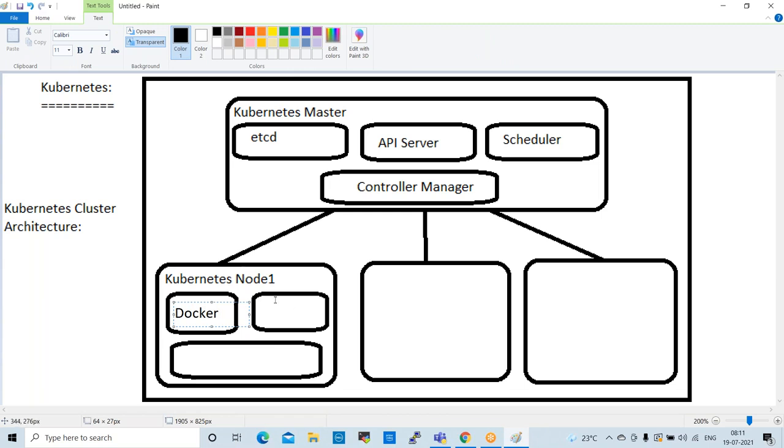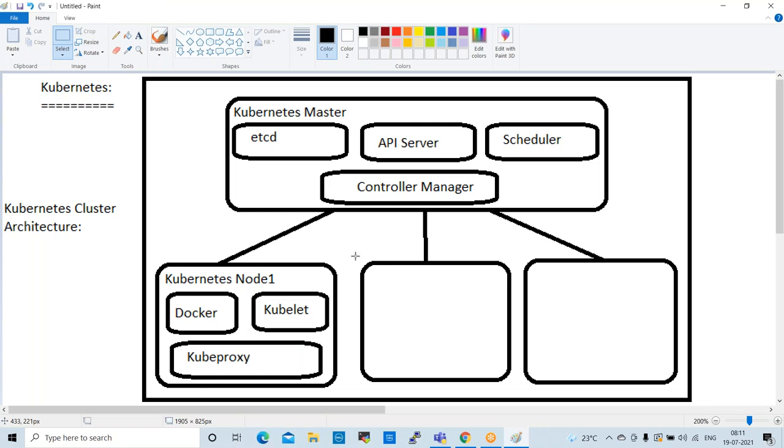This is Docker and Kubelet. The second component is Kubelet. The third component is kube-proxy. So these are the components. Every node will have these 3 components.